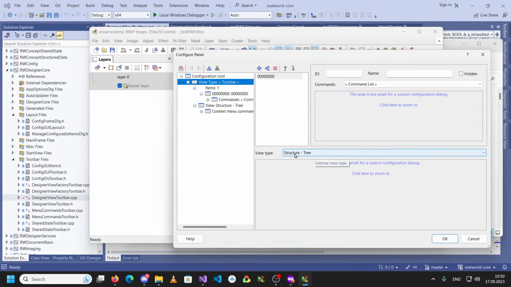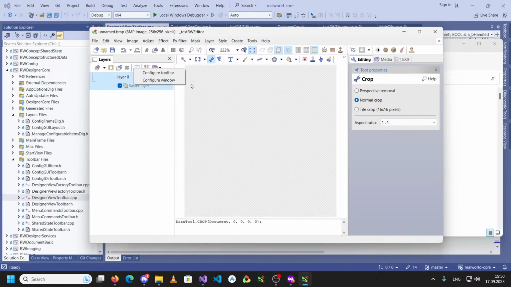You can see the structure -3 cannot be selected there. It would be a bit more complicated if we wanted to allow this. But anyway,